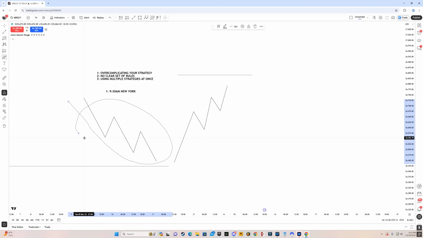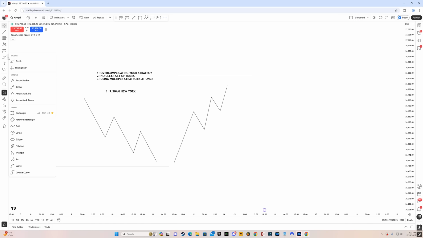So first step, we identify our bias. We see if we are respecting bearish PD arrays and disrespecting the bullish PD arrays. So for a bullish PD array, let's say there is a bullish fair value gap and then price just breaks through it, then that just means that we are in a sell program. And again, if we disrespect the bearish PD arrays, we are in a buy program, and you want to mark out the clear draw on liquidity.